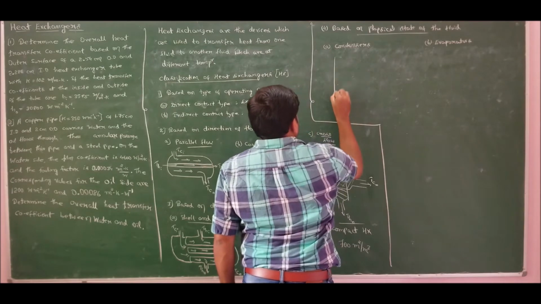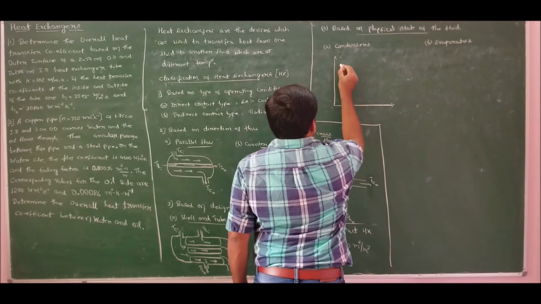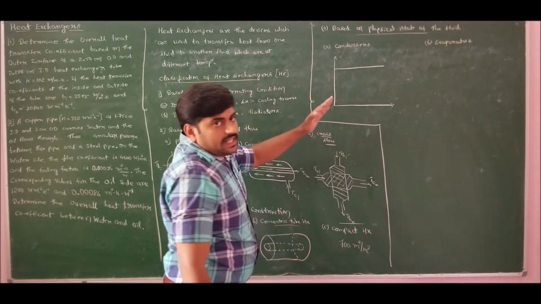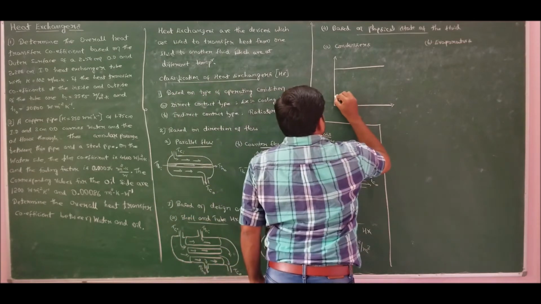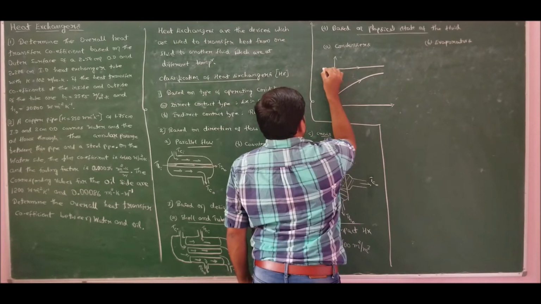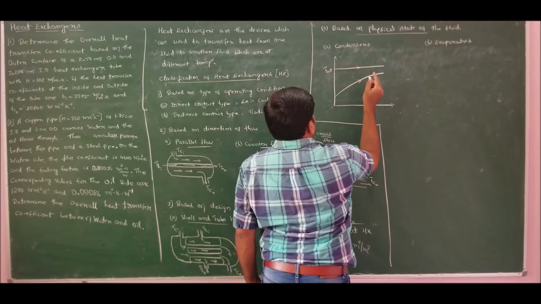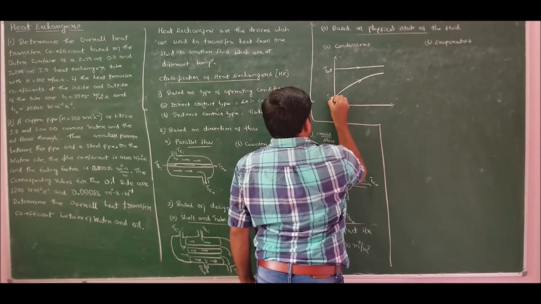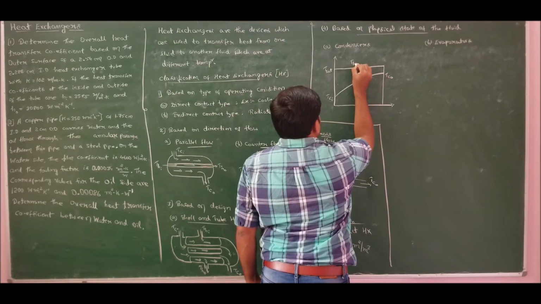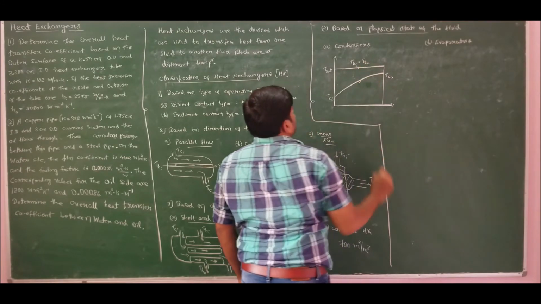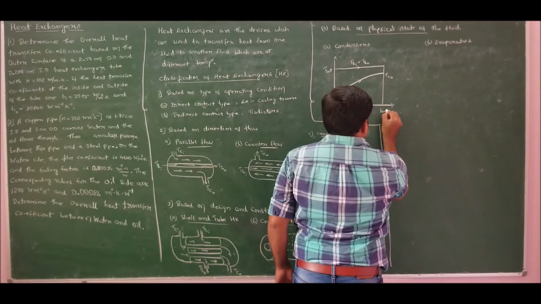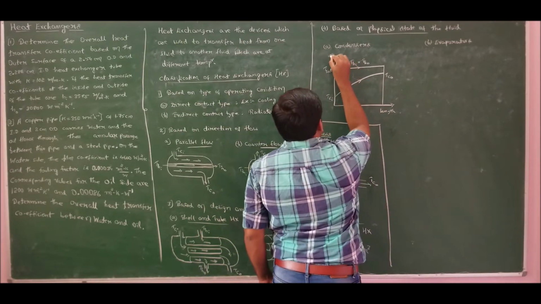Coming to condensers, in this type of heat exchanger, the hot fluid will condense over the length of the heat exchanger, whereas the cold fluid will gain heat, and the condensing hot fluid will remain at the same temperature. So that we call it the saturation temperature, and the cold fluid will gain temperature as it flows through the heat exchanger, whereas the hot fluid temperature remains the same. Thi is equal to Tho in case of condensers. This is over the length of the heat exchanger. I am plotting the variation of temperature.